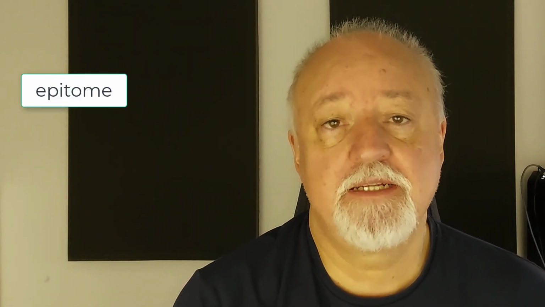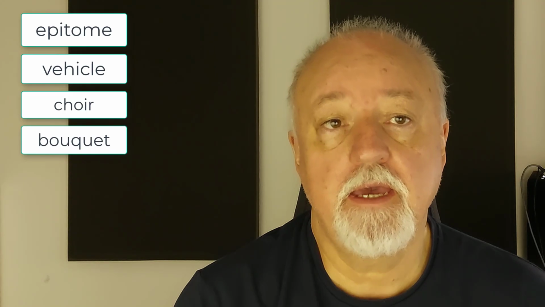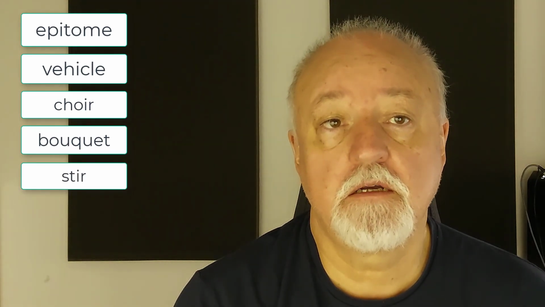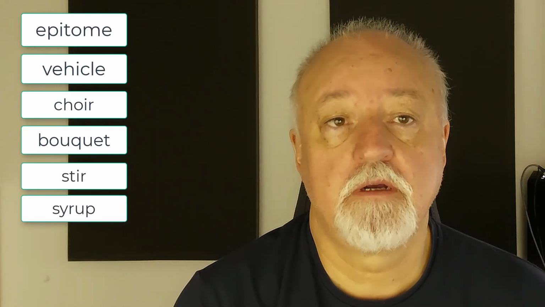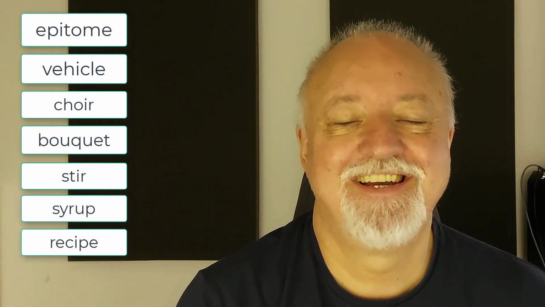So I hope you found that presentation informative and interesting, and I'm sure there were a few things there that you weren't aware of. And here are the ones that I promised at the beginning that I forgot, and they are epitome, vehicle, choir, bouquet, stir, syrup, and recipe. Don't know why I forgot those, but old age. Anyway,